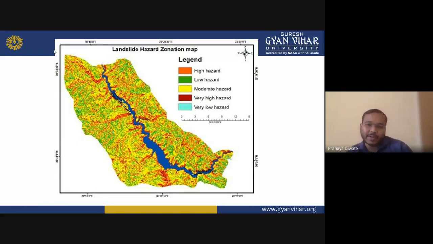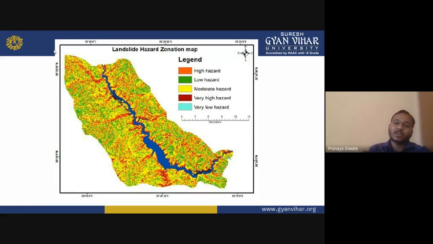Finally, what you get is a landslide hazard zonation map. In this zonation map, you have different types of legends: high hazard, moderate hazard, low hazard, very high hazard, very low hazard. Hazard means chances. High hazard means there is a chance. Whatever orange color you can see in this picture